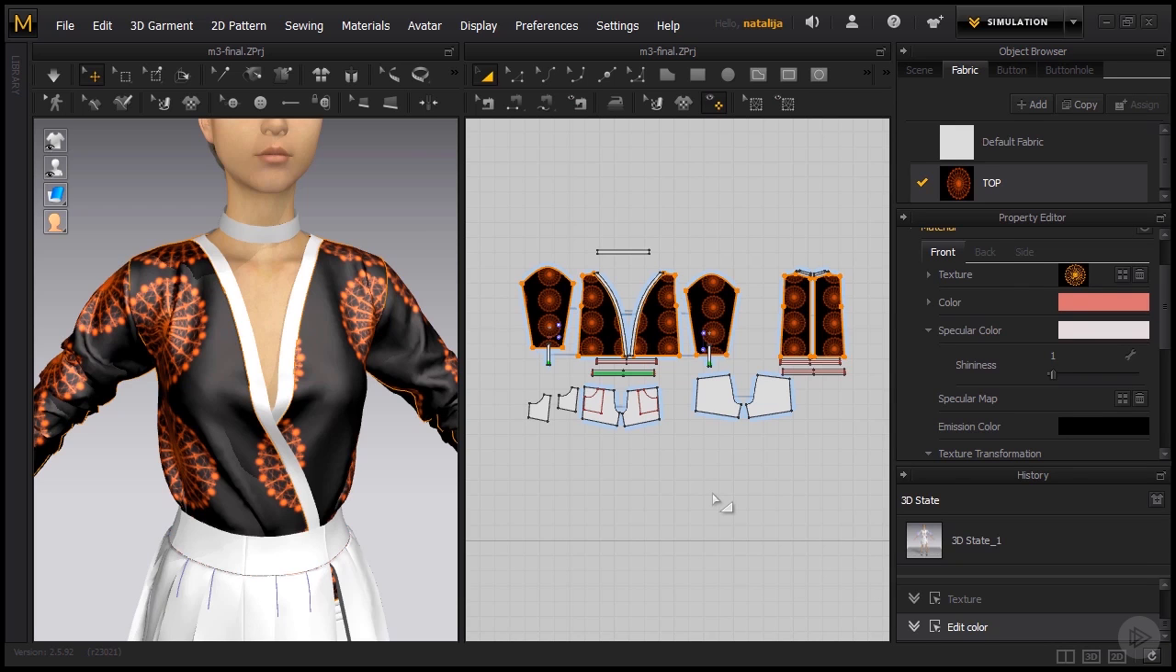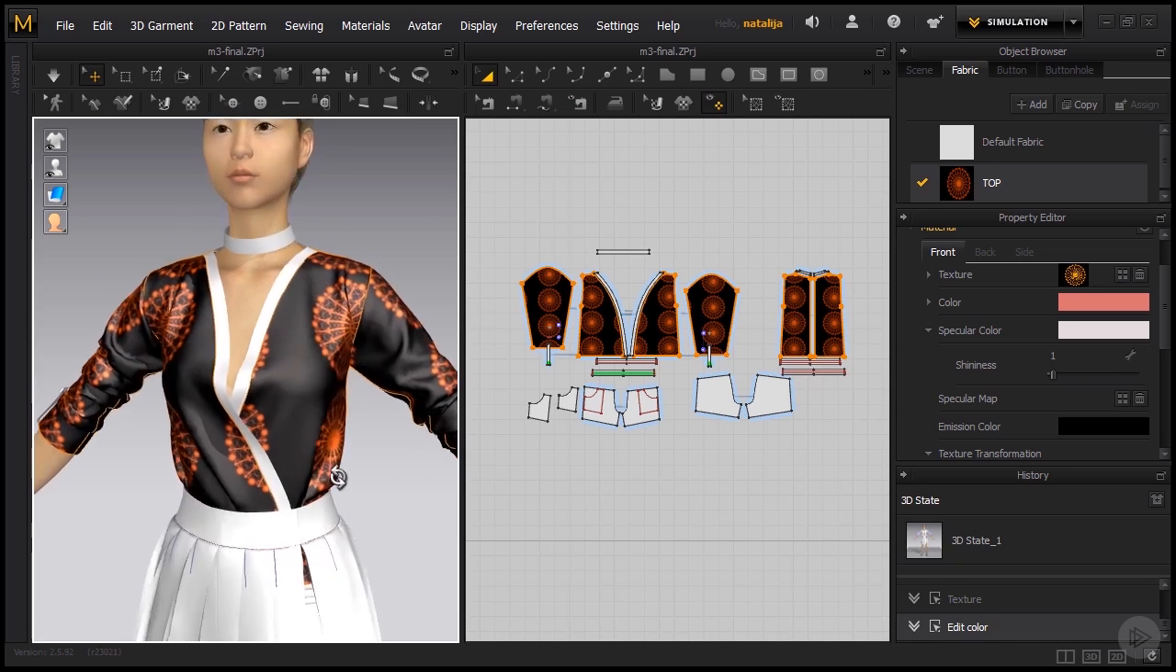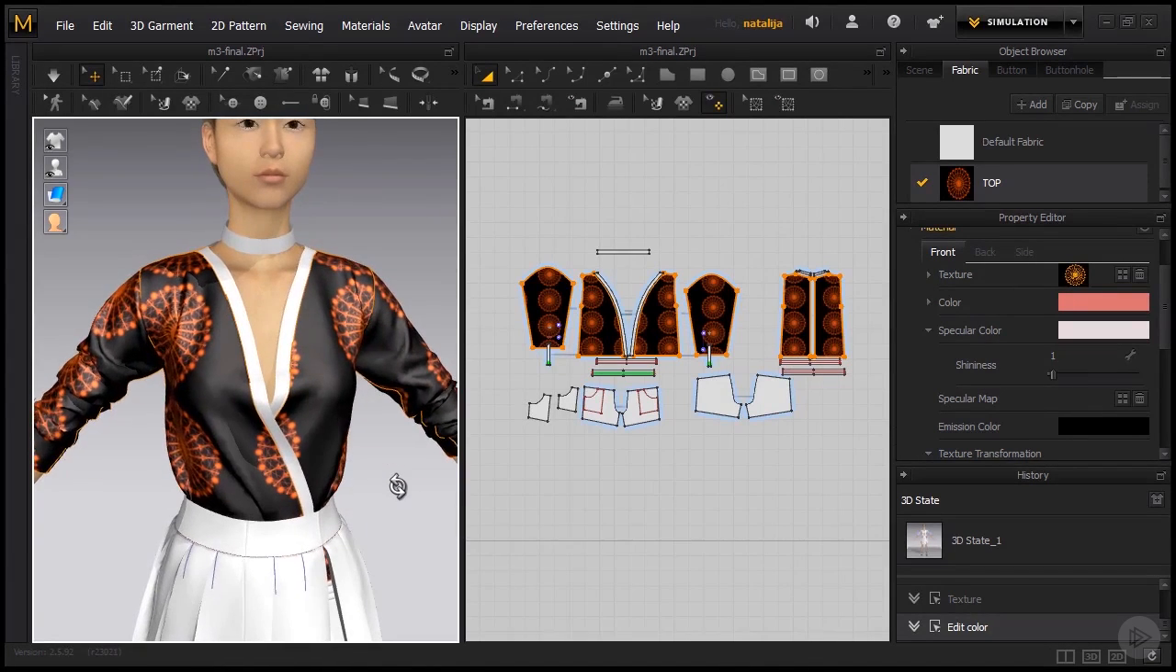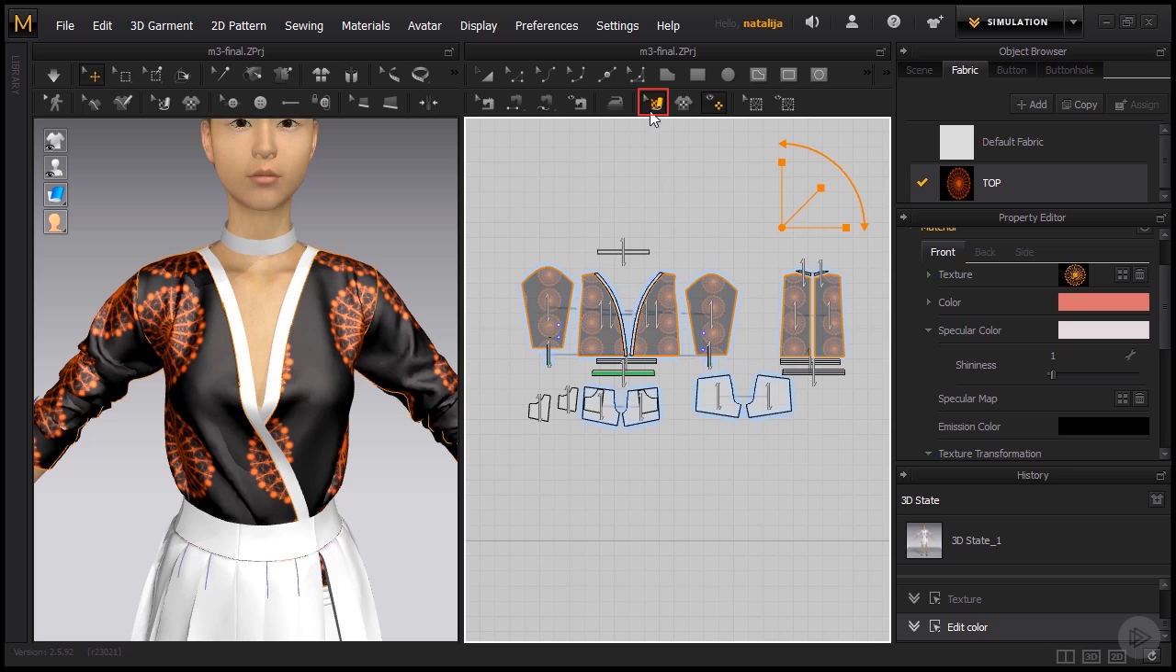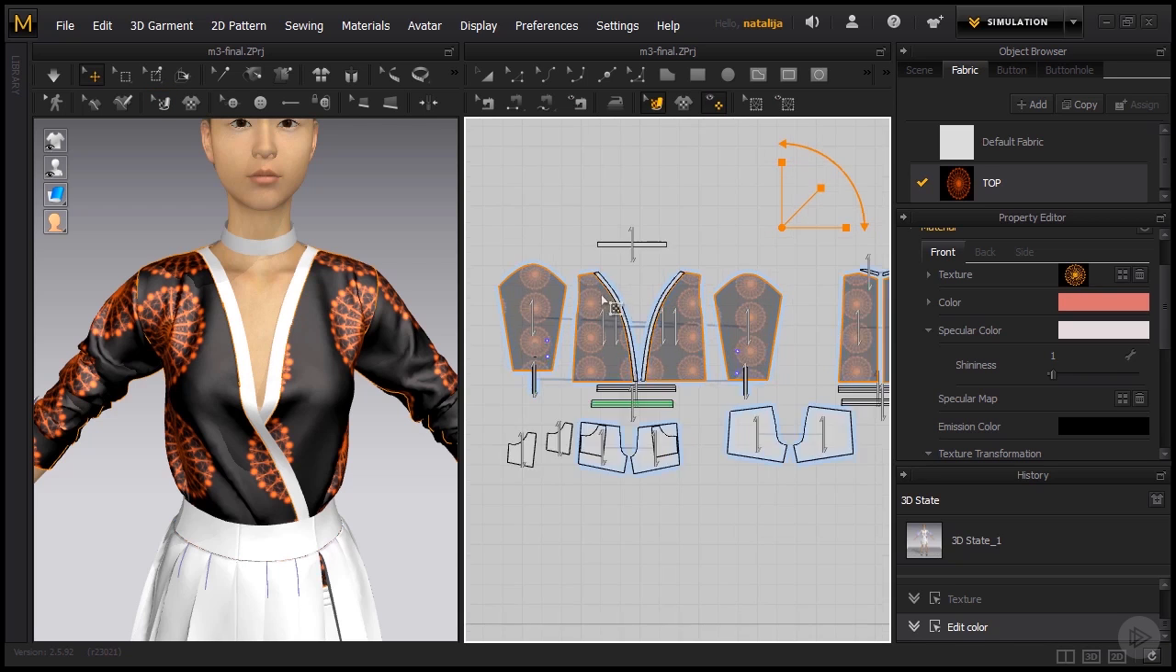Now the next thing that I would like to show you is how to further manipulate these patterns, because as you can see the pattern is so small that it's beginning to repeat itself, and maybe I would like to resize it, rotate it, or maybe change its position, and I can easily do that with the help of the Edit Texture tool that can be found in the 2D window right here, or even in the 3D window right here. So I can edit and move the texture in the 3D or in the 2D window, it doesn't even matter. So if I zoom in,